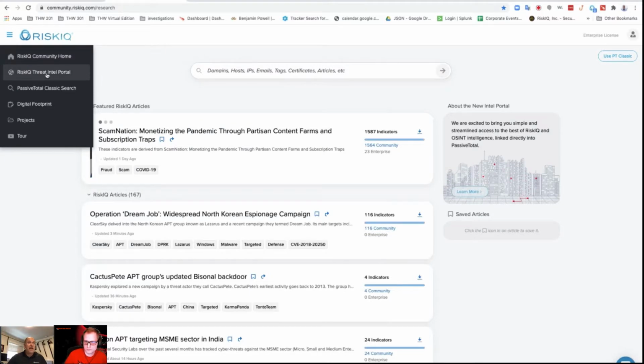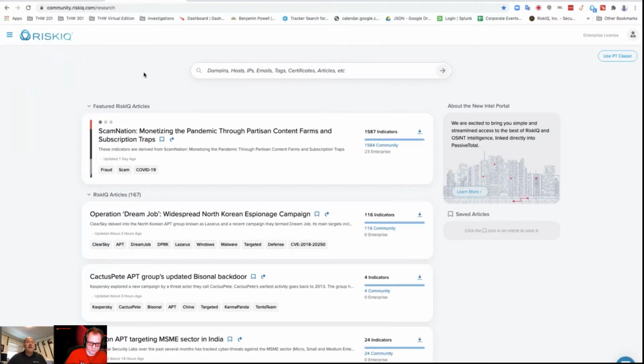I'm looking at the threat intel portal, okay? And I want to explain kind of what we have here just to show you. So the featured articles are things that RiskIQ is featuring this week, and this is going to change over time. And very soon it's going to be like a daily thing. And this is where the emails, you might get an email to say, hey, here's a new thing that RiskIQ